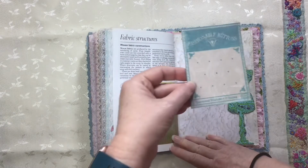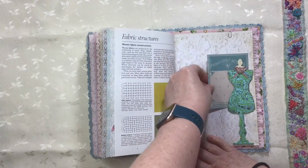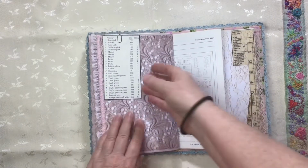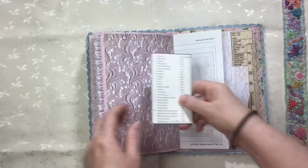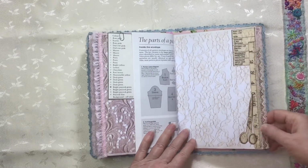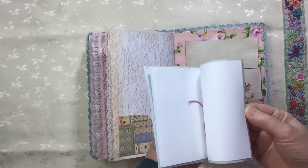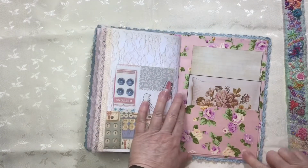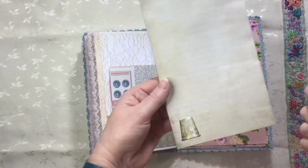Another one with the scissors. This again is the Eileen Hull stamp. I've just clipped in. This is just from a cross stitch pattern. Just a bit of collage there. Another little journal. That one. And the back I've got a pocket and two large